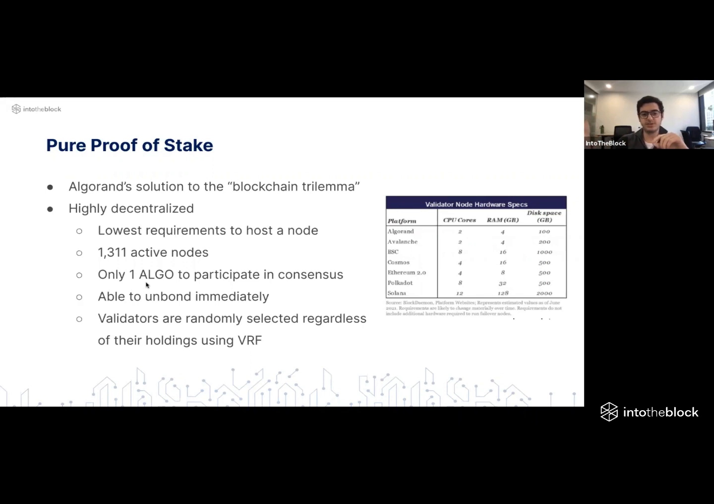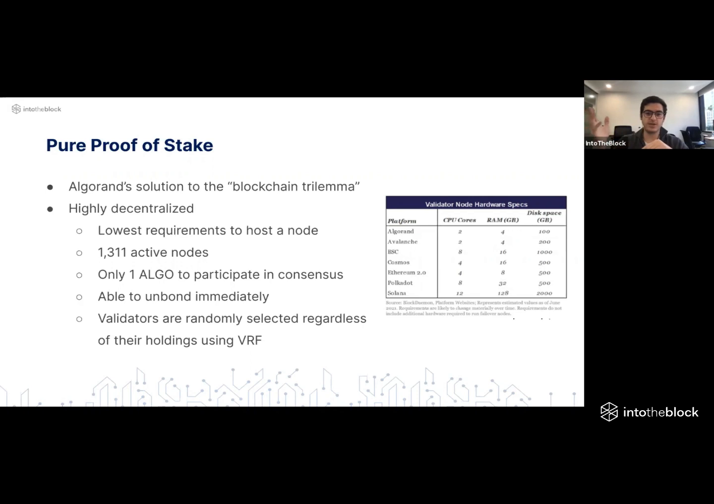To be honest, I saw some places say 0.1 algo, but more credible ones, 1 algo. I don't know if it's something that they're updating, but regardless, it's still quite low barrier to entry. So 1 algo at the time of presentation is about $1.75 or so. So with just 1 algo, you're able to stake and be a validator and in the consensus mechanism,